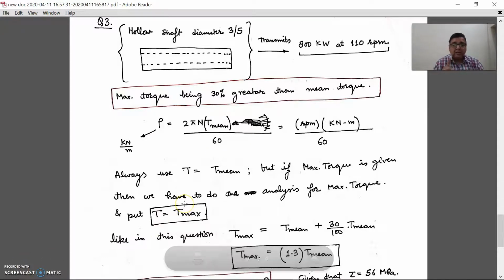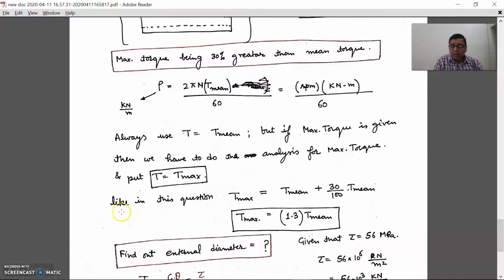So please make a note of this point: if in the numerical a line is given that the maximum torque is 30% greater than the mean torque, or 20% greater, then we have to find the value of maximum torque and put the maximum torque as T, right? Okay, so in this numerical we can write T max is equal to T mean plus 30 upon 100 into T mean,